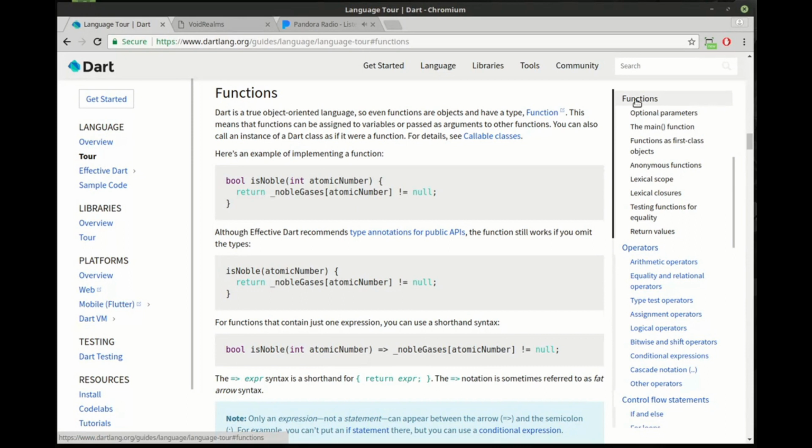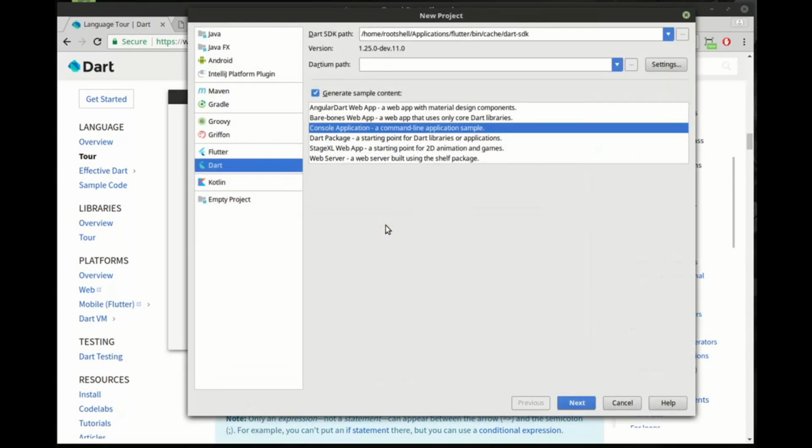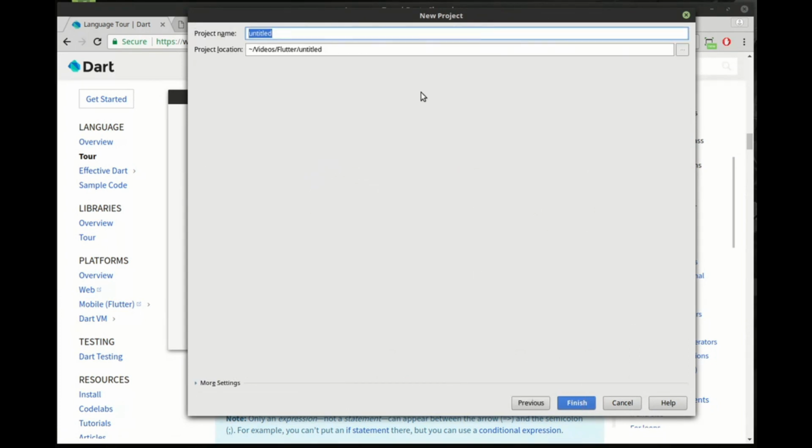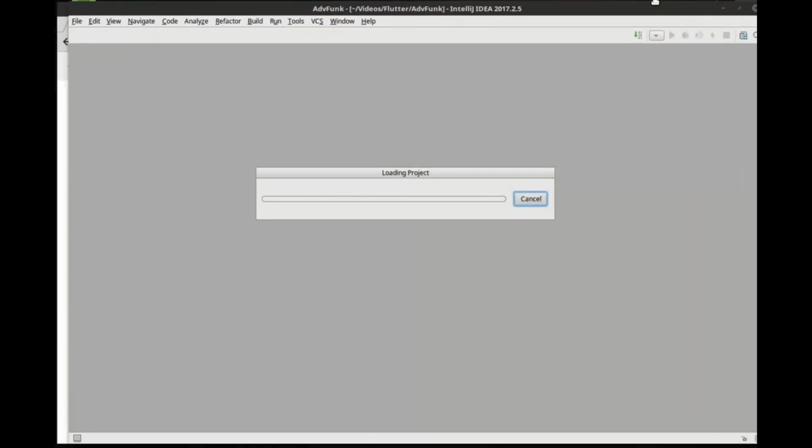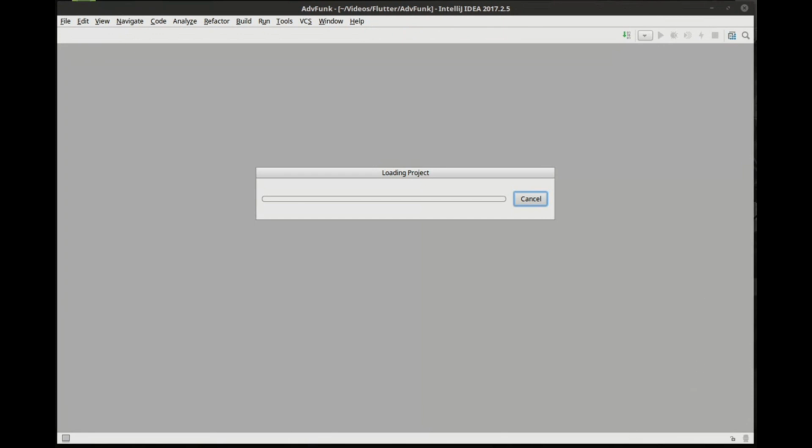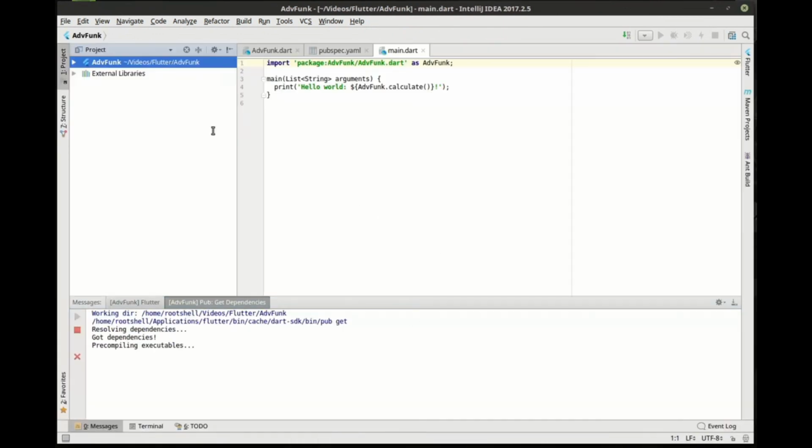So this is going to be our advanced functions tutorial. So the first thing we're going to do is just create a new project here. Make sure it's Dart console application. And let's call this Advanced Func. Why not? I have a really hard time coming up with names for this sort of stuff. And it'll process and do its thing. Tick tock, IntelliJ's always so slow. There we go. All right, so